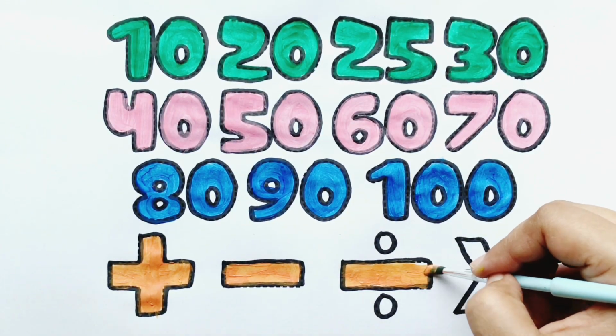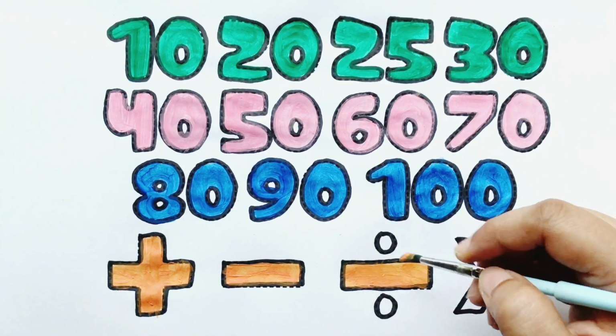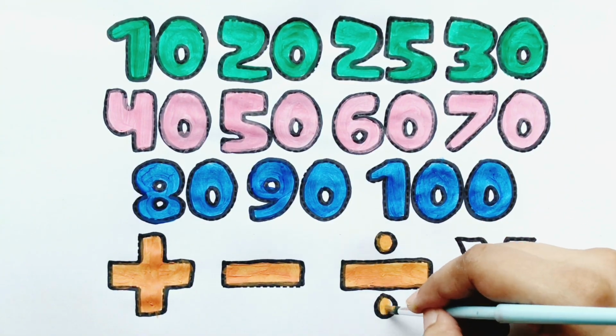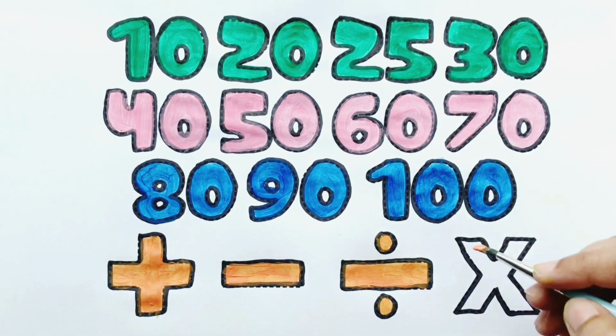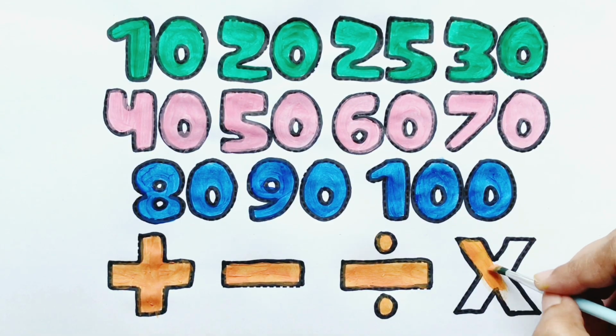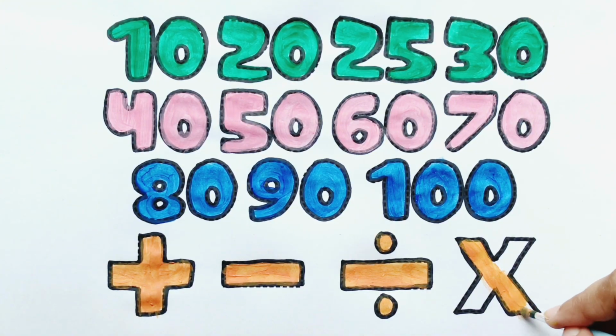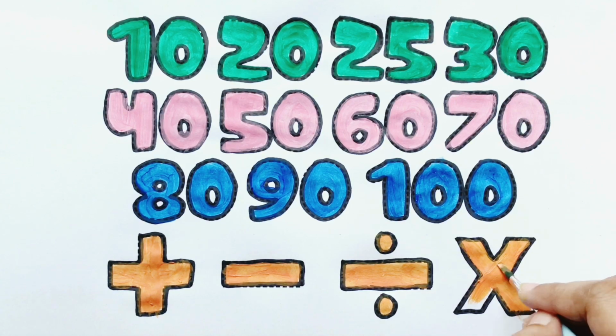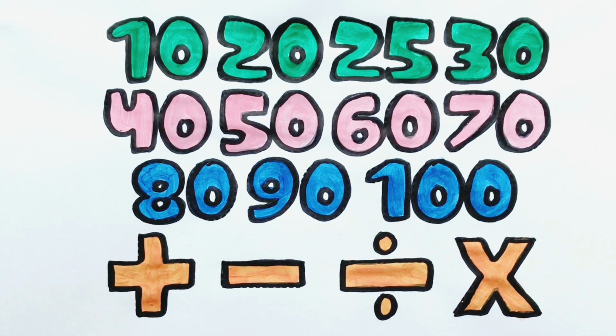A, B, C, D, E, F, G, H, I, J, K, L, M, N, O, P, Q, R, S, T, U, V, W, X, Y, and Z. Multiply. I know my ABCs. Next time, won't you sing with me? A, B, C, D, E, F, G, H, I, J, K, L, M, N, O, P, Q, R, S, Let's